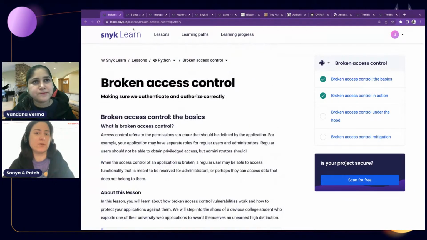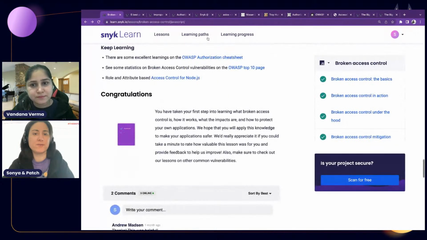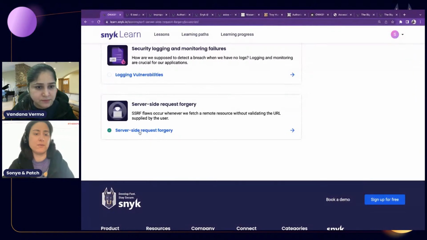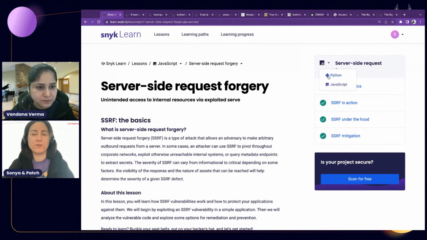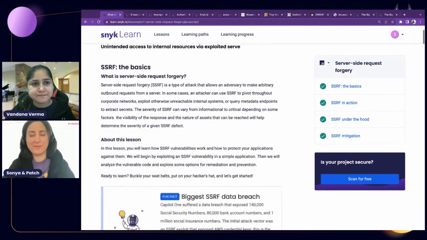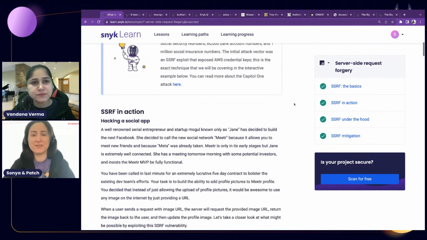Yeah, and the same for your lesson for the SSRF. If I go back to starting path, that was top 10. You can select one of the languages that you're more familiar with. So Vandana demoed with Python. You also have it available with JavaScript. Just want to make sure that you had that information, because sometimes people think, oh, I'm more familiar with one ecosystem than the other. So no excuses for learning. We do have lessons available in Python and JavaScript.